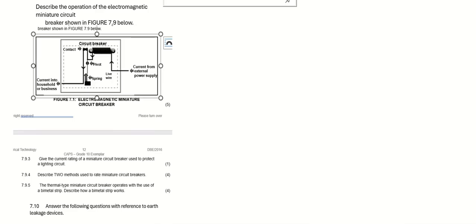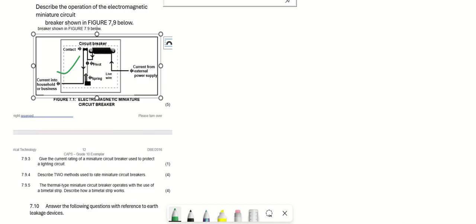The current into the household or business is flowing from the circuit breaker to the household.